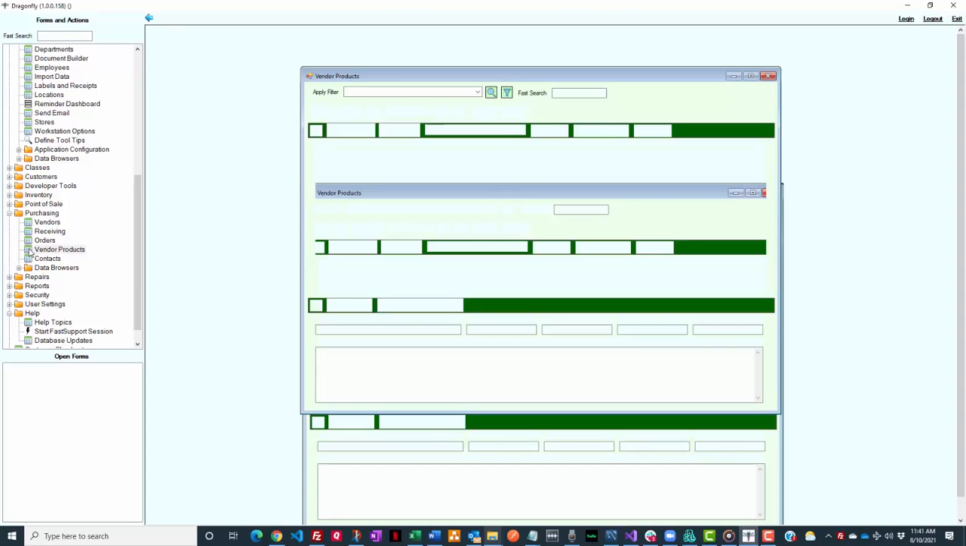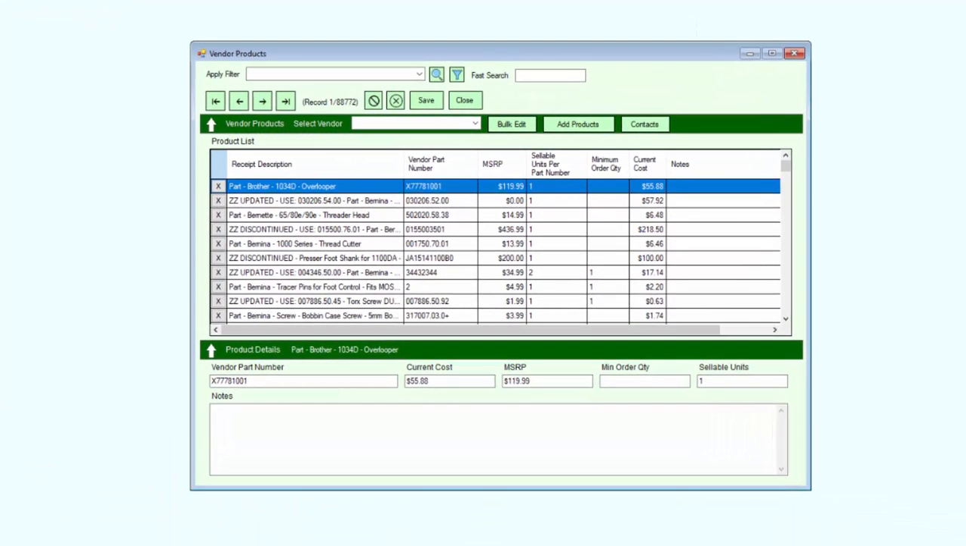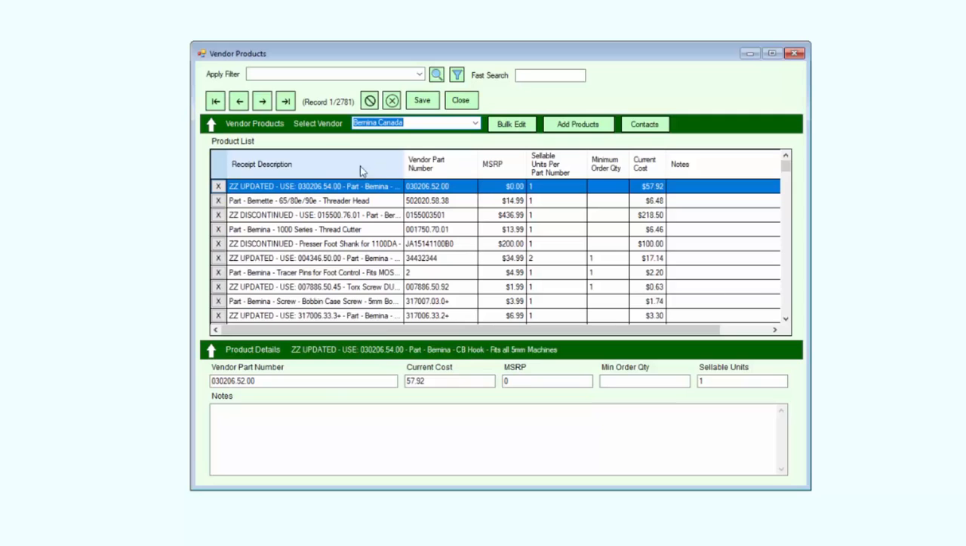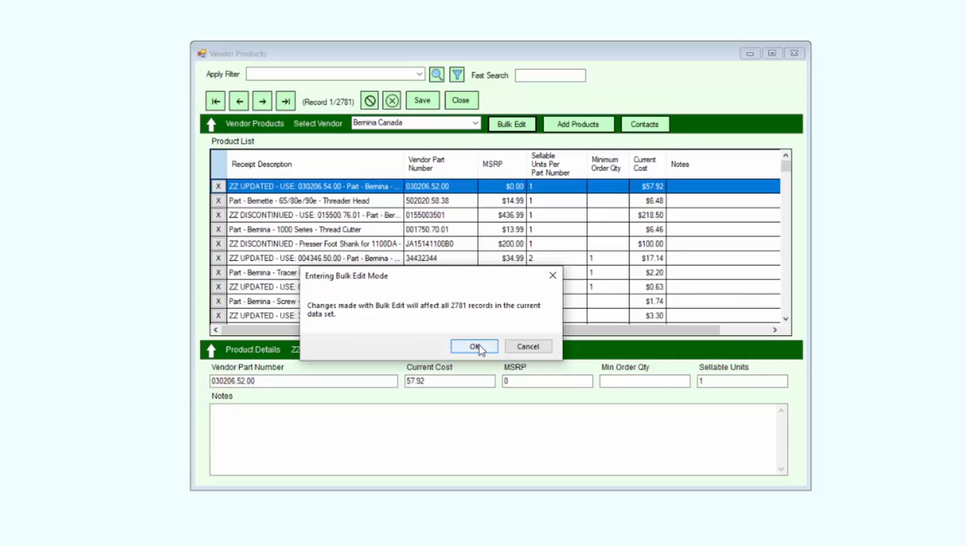The vendor's cost for products is stored with the vendor products data, so we'll open that form. We'll choose a vendor with a large number of products. You can see that we have nearly 3,000 records to edit. When we click the Bulk Edit button, we're notified that if we proceed, we'll be editing the 2,781 products for